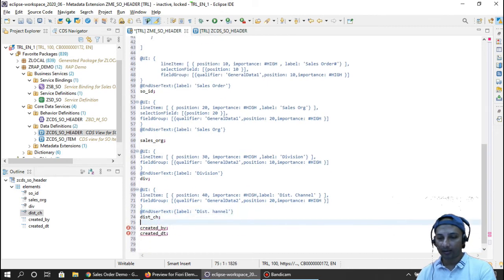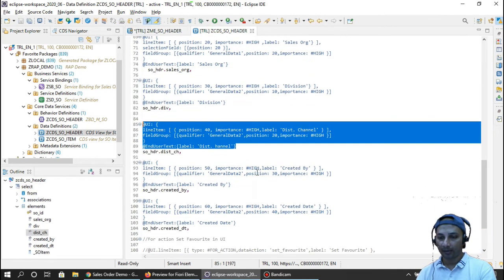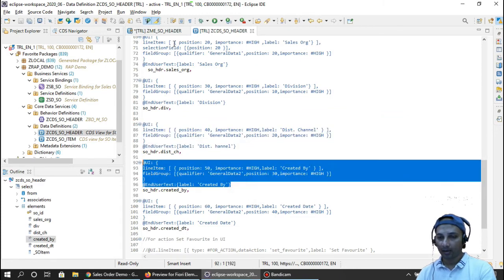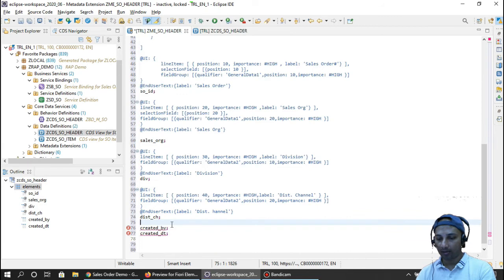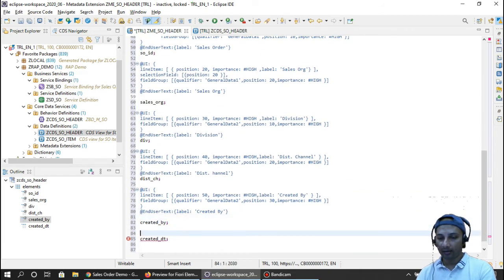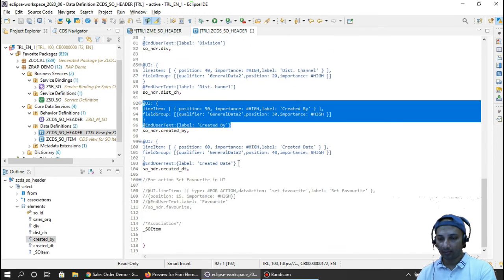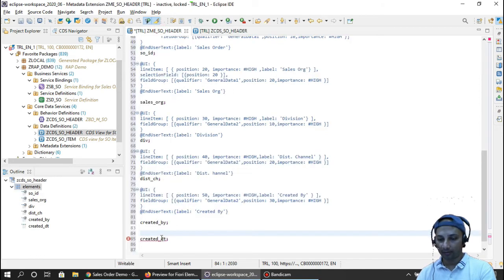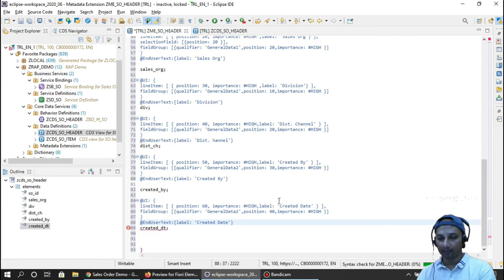Next is created by. Let's copy the created by annotations and put them into our metadata extension file, and finally the created date. Let's copy this created date and keep it over here. We are done.